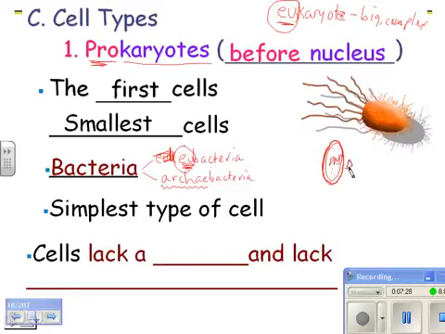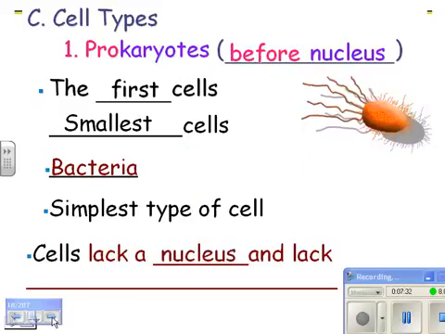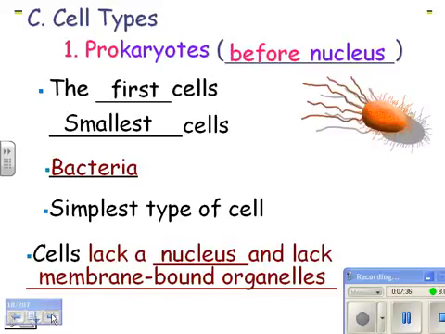That really should say DNA. So the cells lack a nucleus, and they lack any membranes inside. So that's written as membrane-bound organelles. In other words, they do have ribosomes, which are organelles. So they do have organelles, but they don't have any organelles that have a membrane around them. Membrane-bound means you've got a membrane around it.